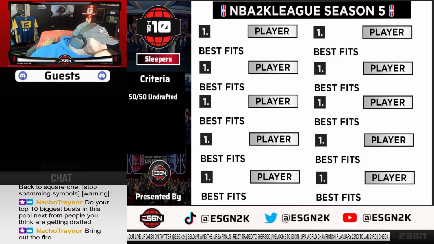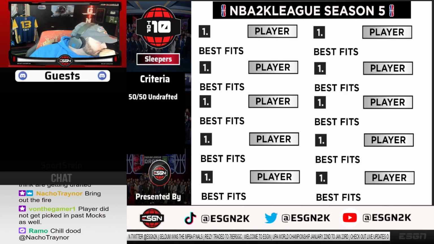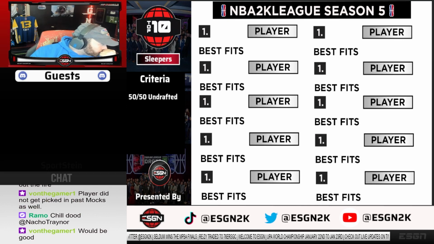Haven't talked or looked about, better value per trade. Didn't get picked in past mocks. That's a hard one too because I don't memorize everybody. I'm just reading some of the criteria from chat.